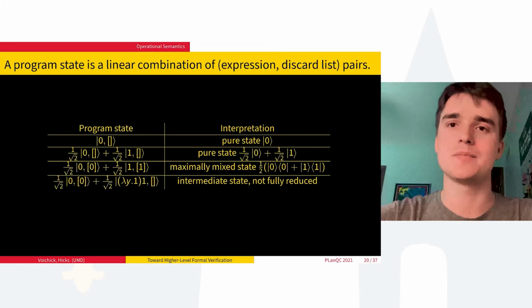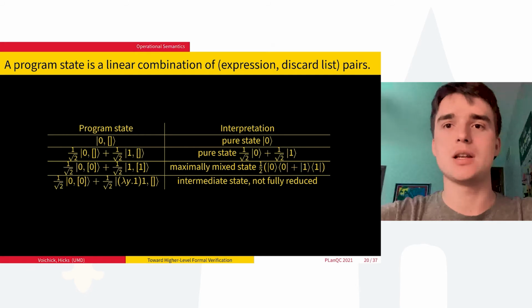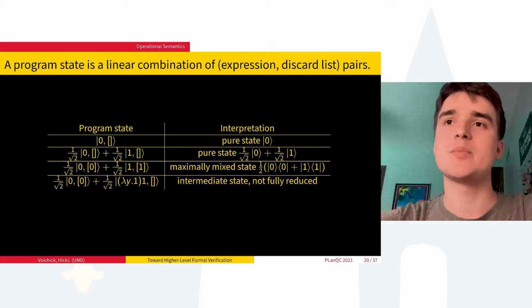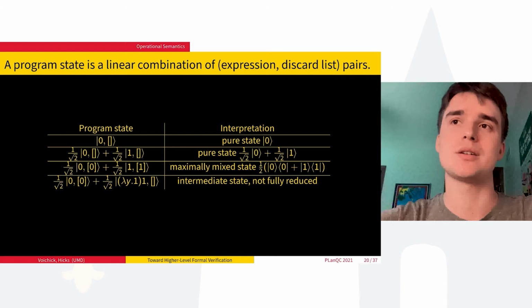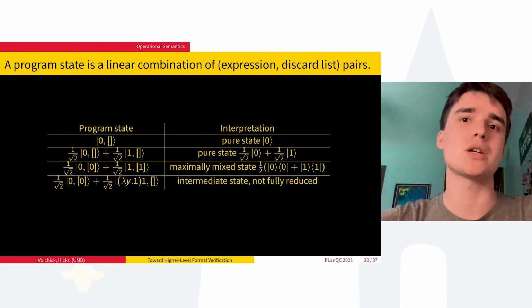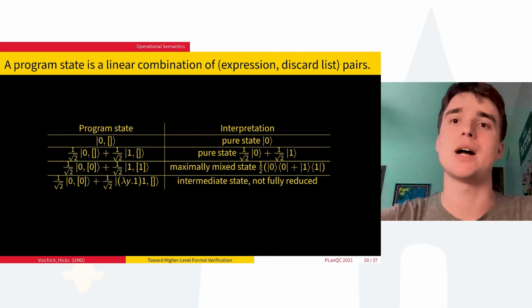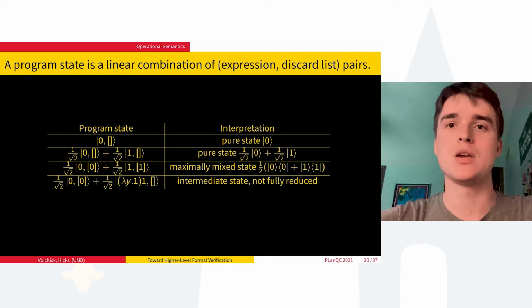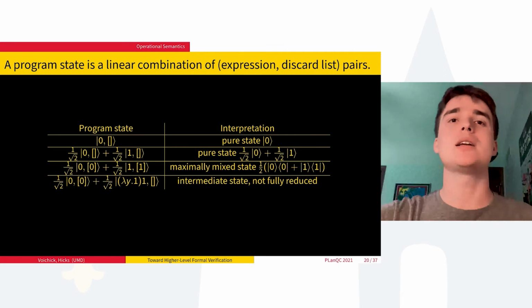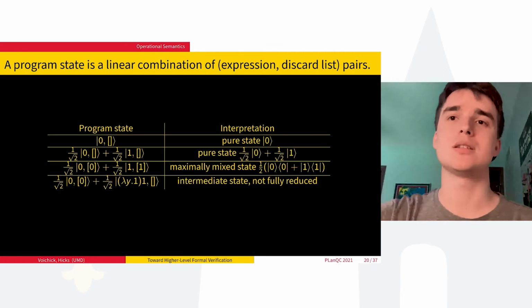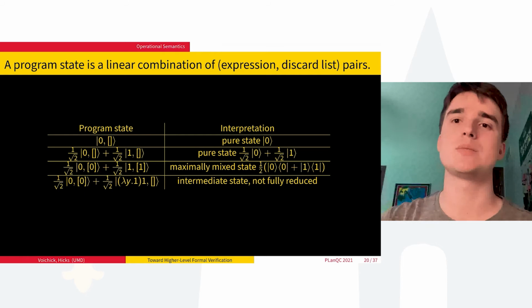which we'll do next. So a program state in Quantum 1 is a linear combination of expression, discard list pairs. Here, expression is a Quantum 1 language expression, and the discard list is a list of values that have been discarded. We'll get into the reduction semantics next, but if we have a fully reduced program state, then it can be interpreted by taking the partial trace over the discard list, the partial trace over the space of values that have